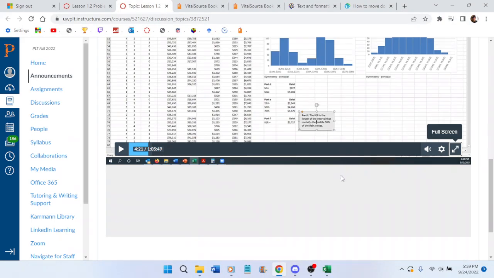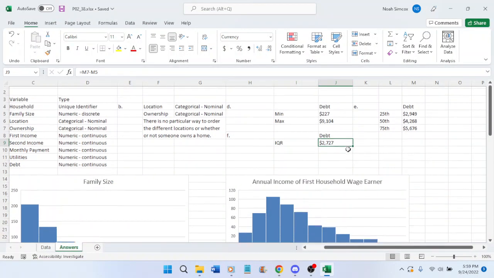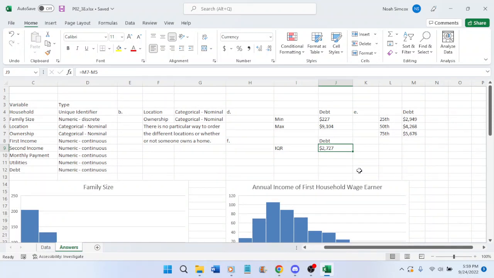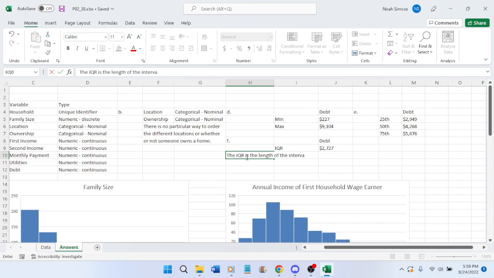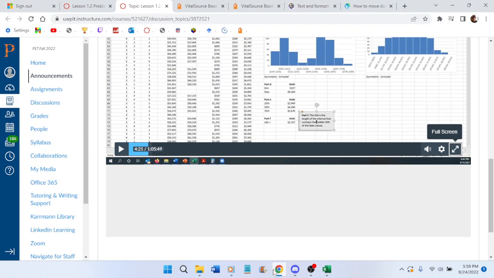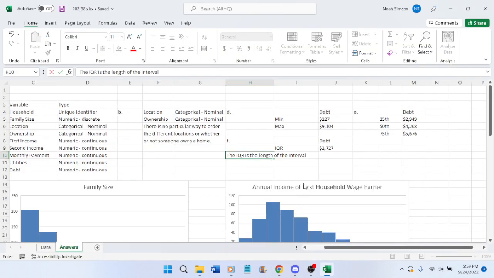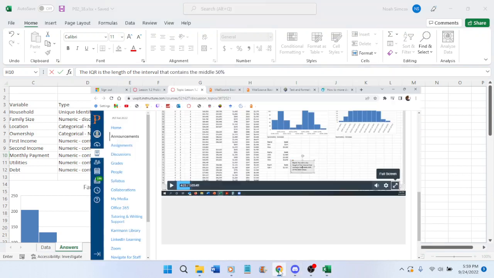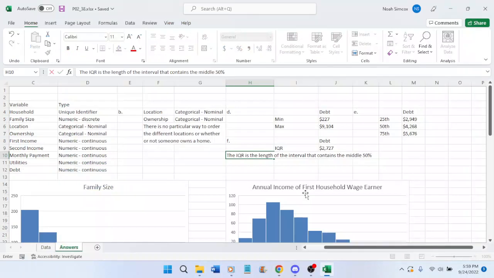Okay, well, thanks. The IQR is the length of the interval that contains the middle 50% of the